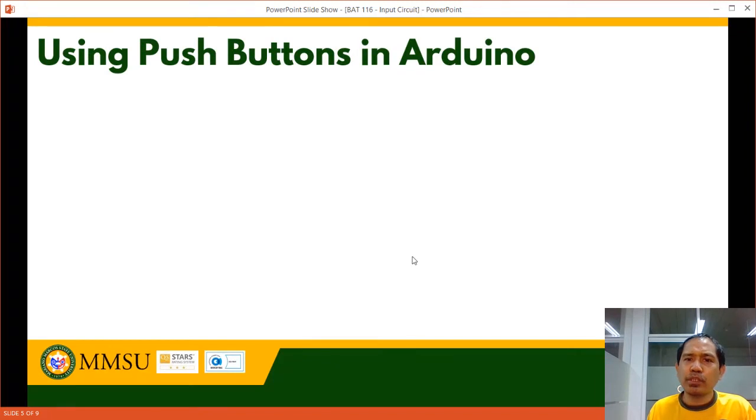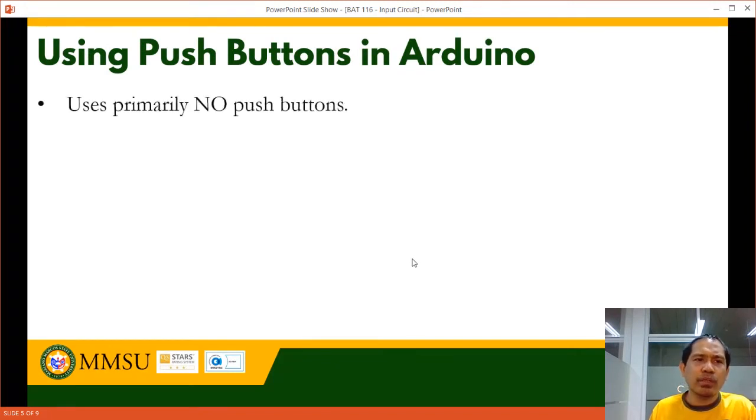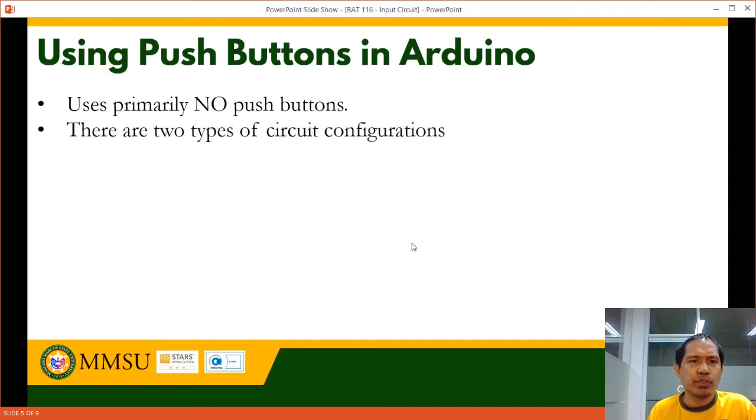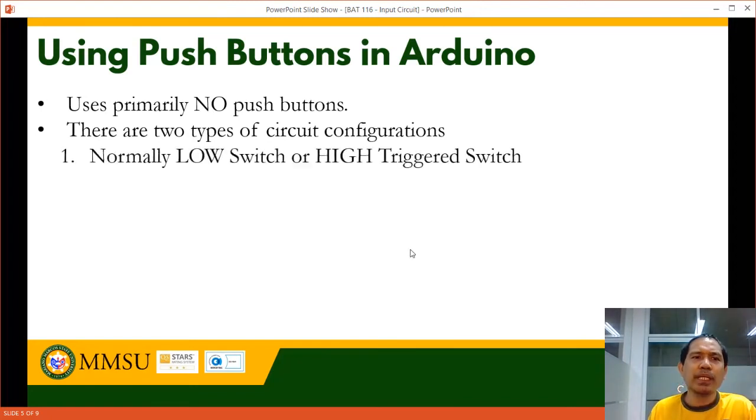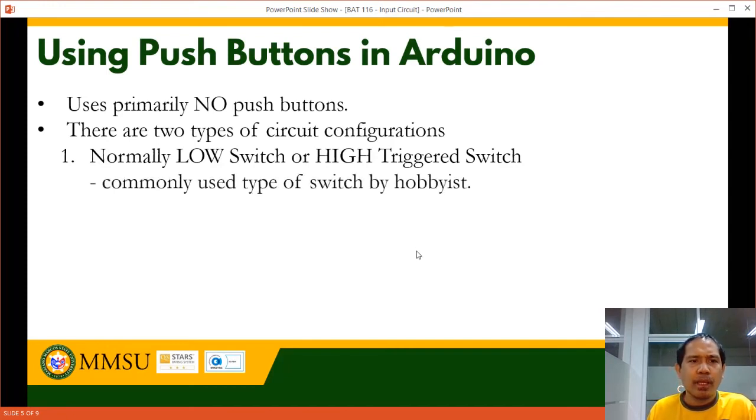Using push buttons in Arduino uses primarily normally open push buttons. There are actually two types of circuit configuration. First one is the normally low switch or high trigger switch. It is commonly used by hobbyists because it is easier to understand and because this is the normal switch